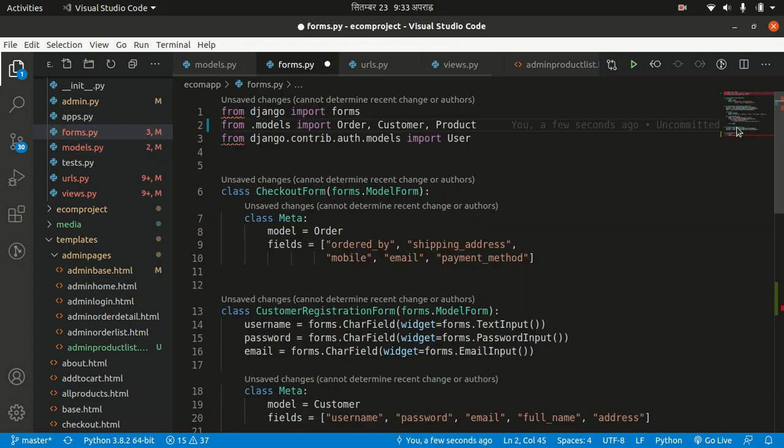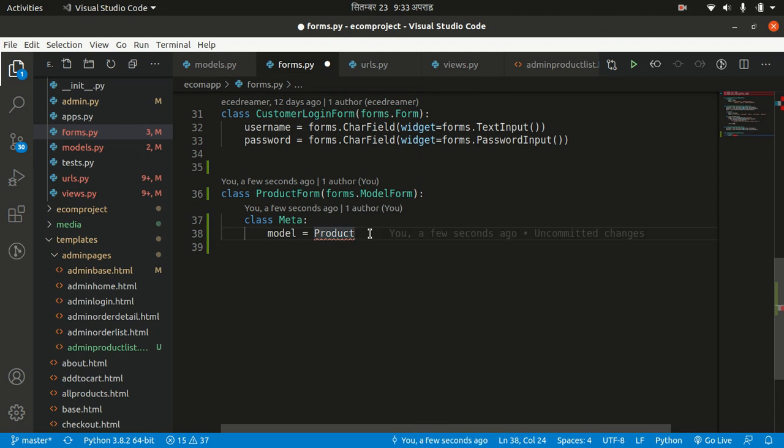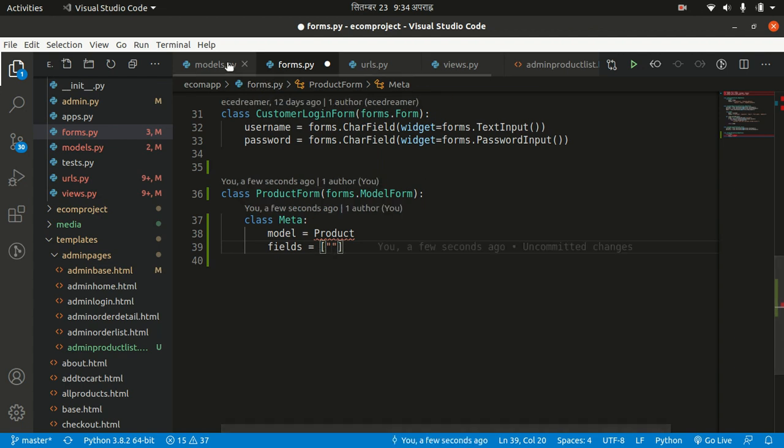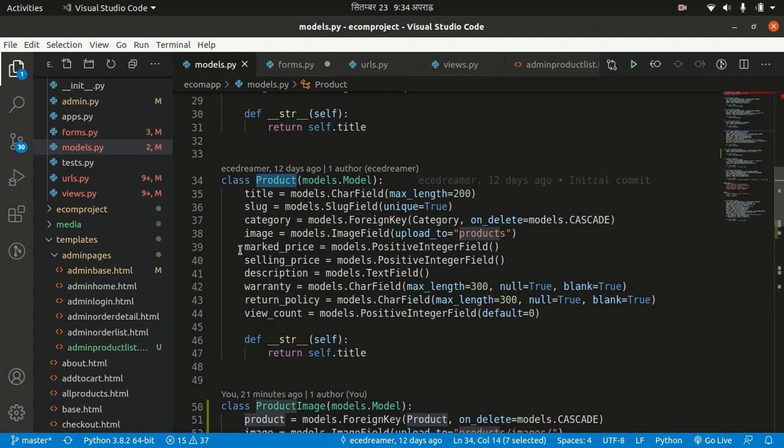And also model is the first Meta attribute, and fields is the second Meta attribute that we have to write. So inside the fields we will add some fields from this model so that these are shown in our HTML page or form. Okay, so title, slug, category, image, marked price,